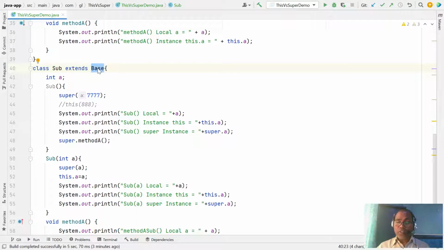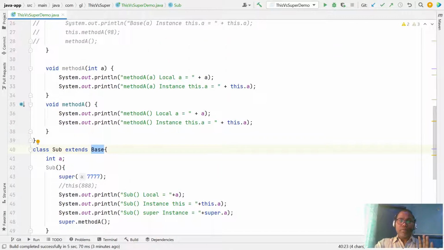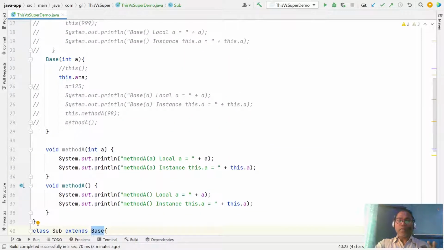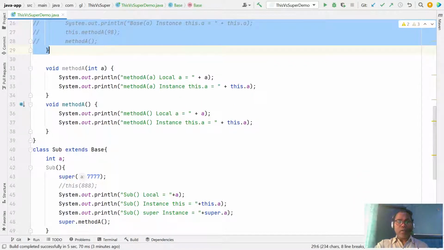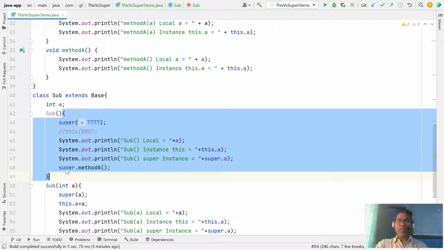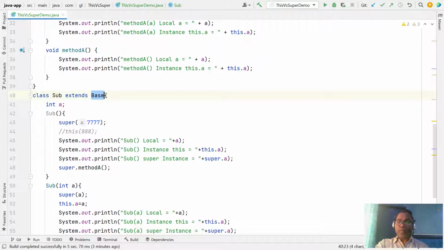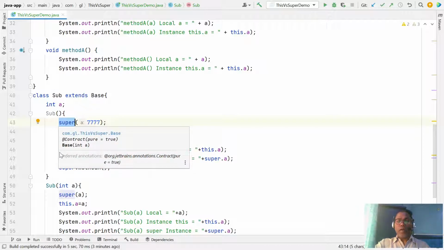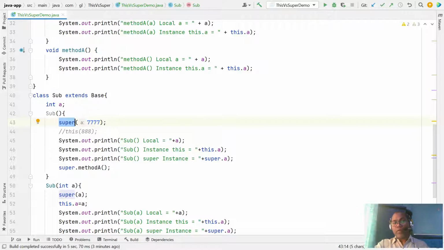And in the case of constructors, whenever the base class defines some argumented constructor, the subclass object is not going to be created until the base class object is created. So from the subclass you can invoke the constructor of the base class, maybe an argumented constructor or the default one.